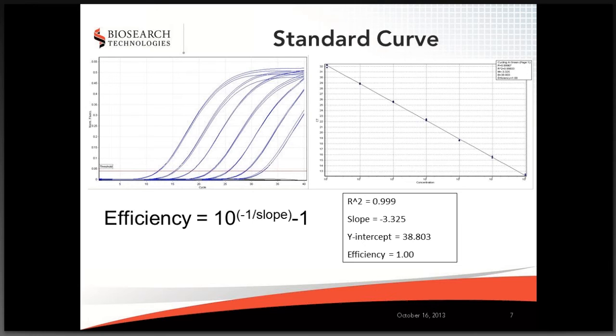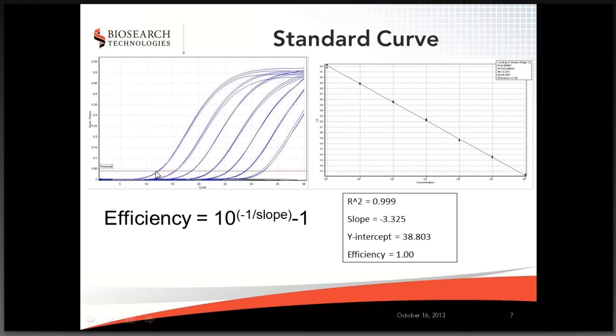So as we mentioned, every cycle has a doubling effect. So in theory, for a 10-fold dilution, you should see a 3.32 cycle difference. If you want to do some quick math, if you take 2 to the power of 3.32, that's going to equal 10. So with qPCR, it allows you to set a threshold, which you see as this red line, which